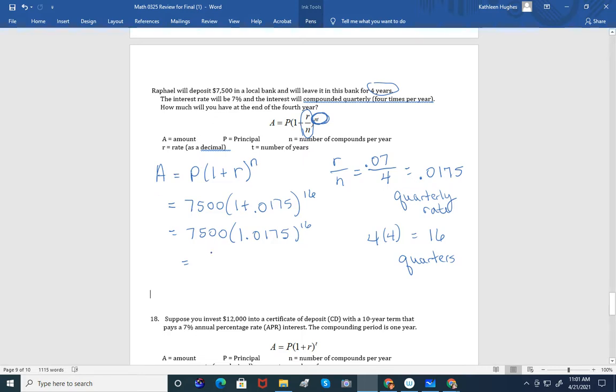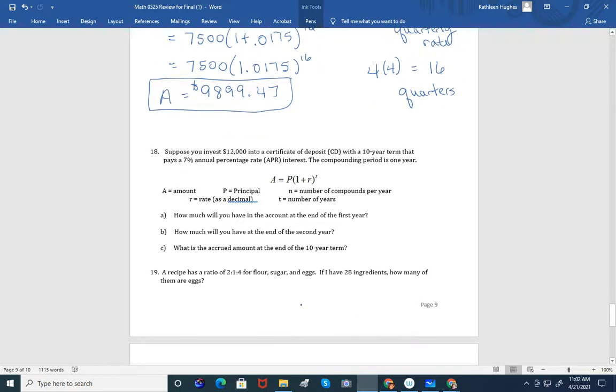They will pay back, or well, it's not paying back. He will have $9,899.47. So he will have earned almost $2,500 in interest. You earned a lot of interest because he got a good rate, but also because they were compounding it more frequently. Let's do one more of these